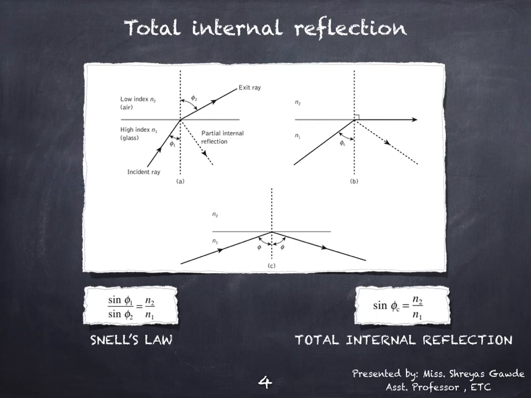between the two dielectrics of differing refractive indices when light is incident on the dielectric of lower index from the dielectric of higher index, and the angle of incidence of the ray exceeds the critical value. This is the mechanism by which light at a sufficiently shallow angle, which is less than 90 degrees minus phi c, may be considered to propagate down an optical fiber with low loss. So this was about how light travels into the fiber optic cable.